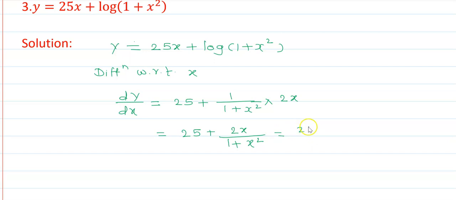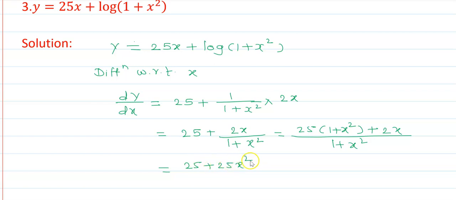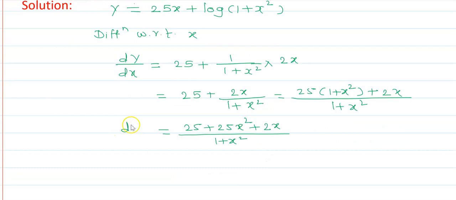Next, simplification: 25 in bracket (1 plus x square) plus 2x, and this whole divided by 1 plus x square, and that is equal to 25 plus 25x square plus 2x upon 1 plus x square. This is the dy upon dx. Now by the derivative of the inverse function,